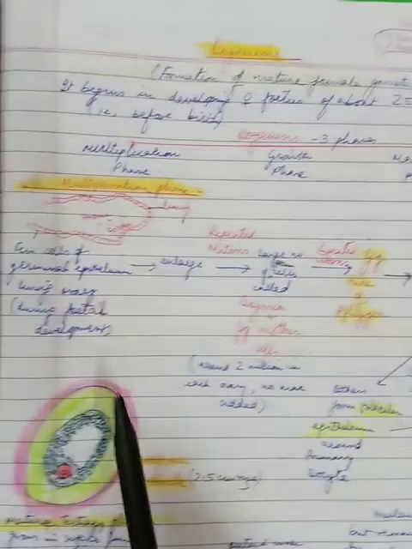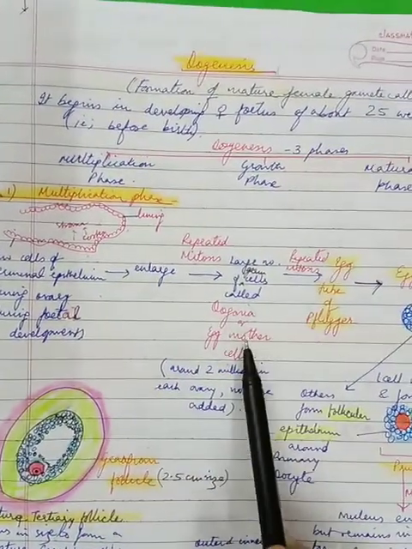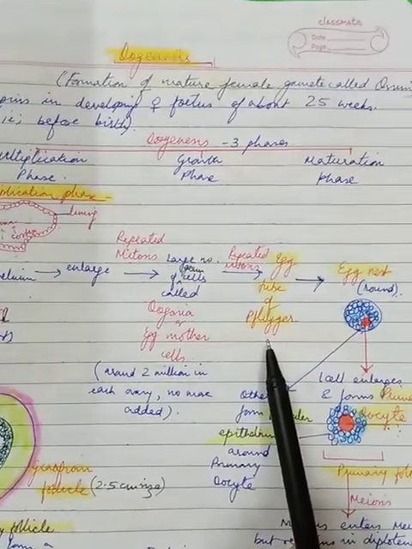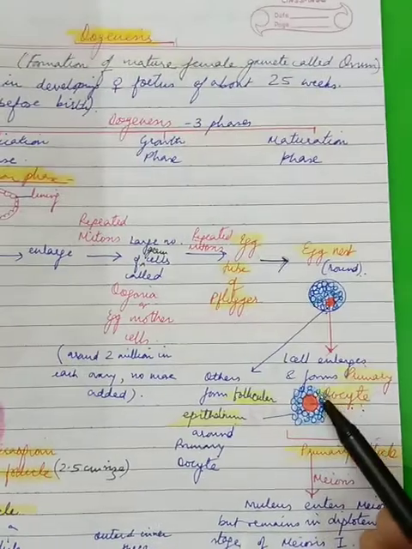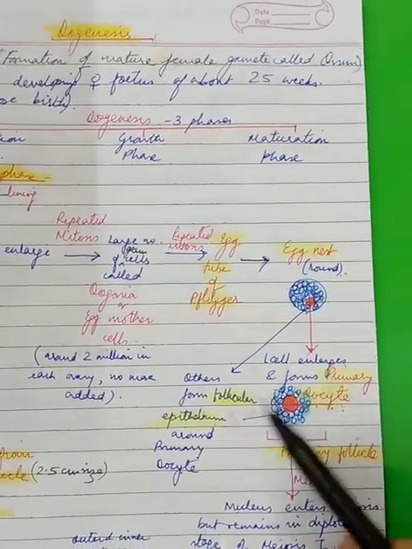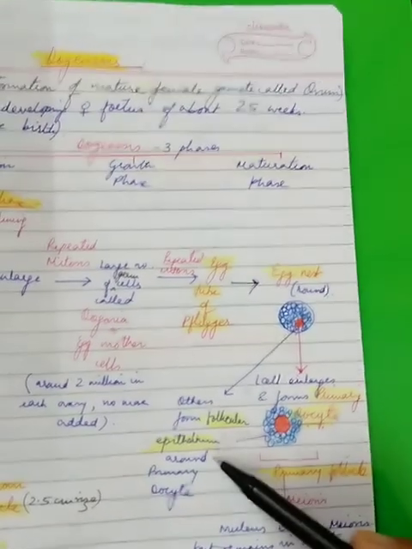Alright, so we started the journey from the germinal layer, and we formed three terms till now: oogonia or egg mother cells, then egg tube of Flugger, egg nest. One of the cells became enlarged to form the primary or first oocyte, surrounded by the other cells which formed the follicular cells.